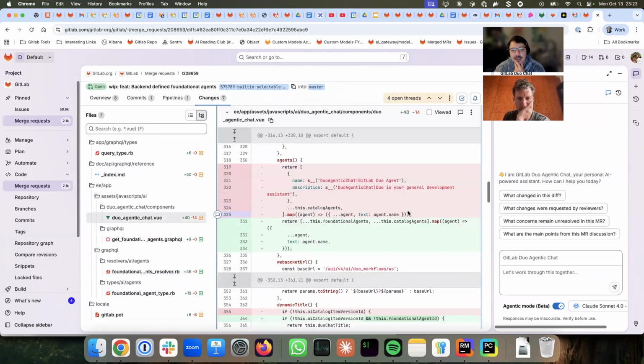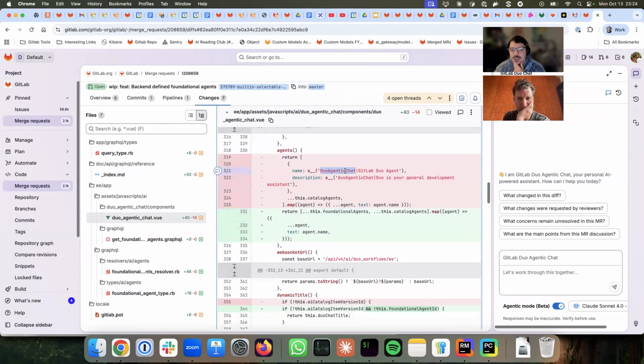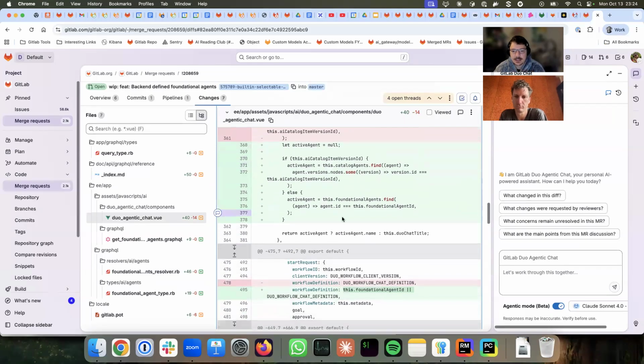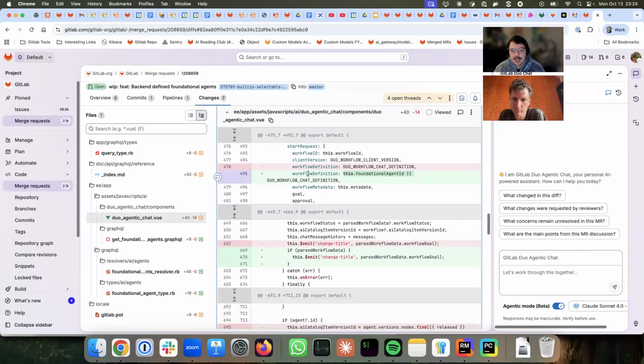And then it concatenates. The agentic chat now is a definition of the backend. This is exactly what you had on your POC. The only change, the big change here, is this one. The foundational agent ID is the name. So in this case,